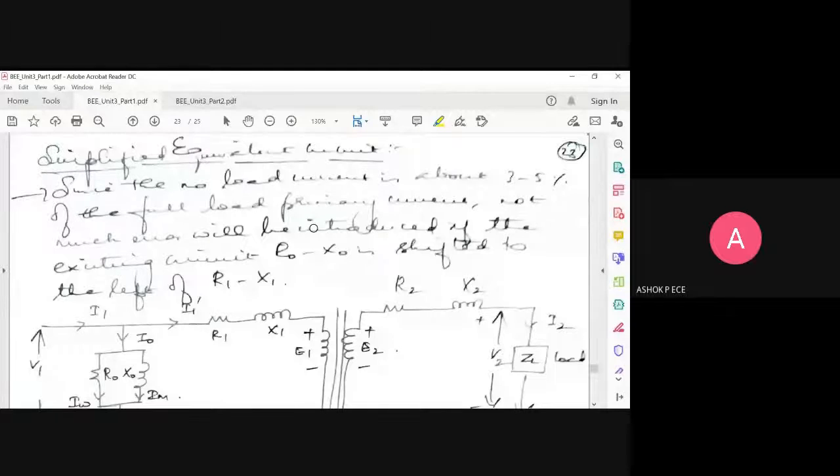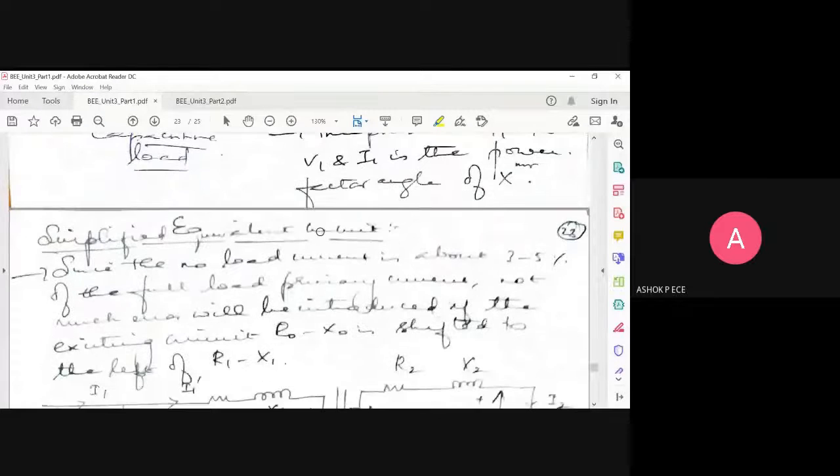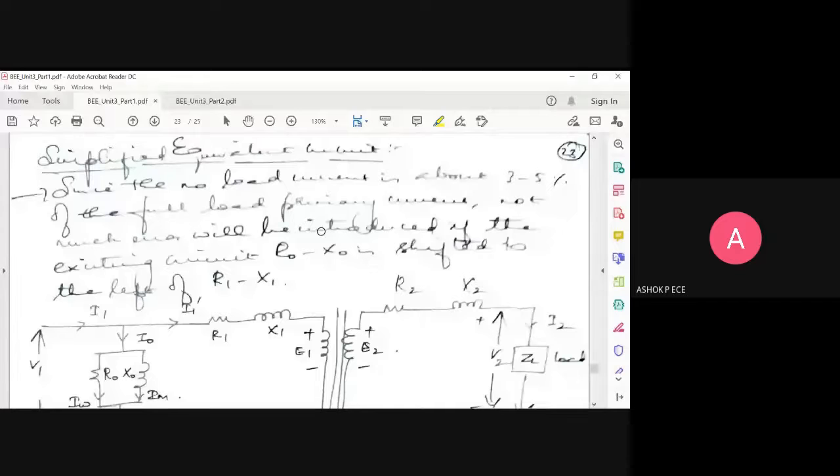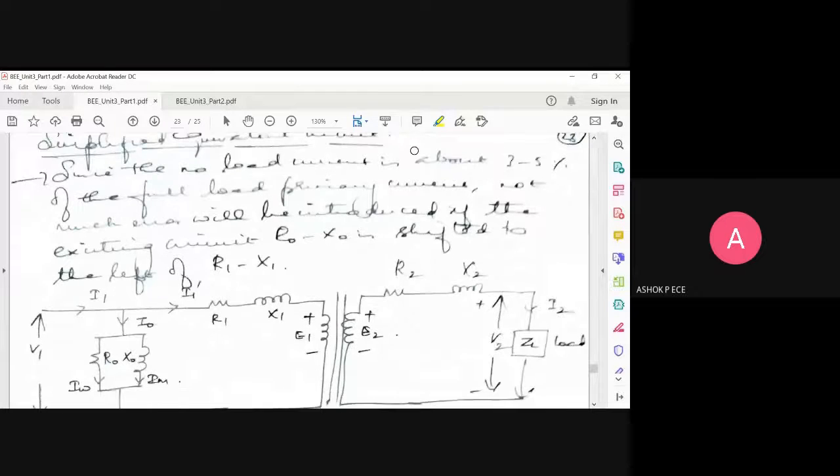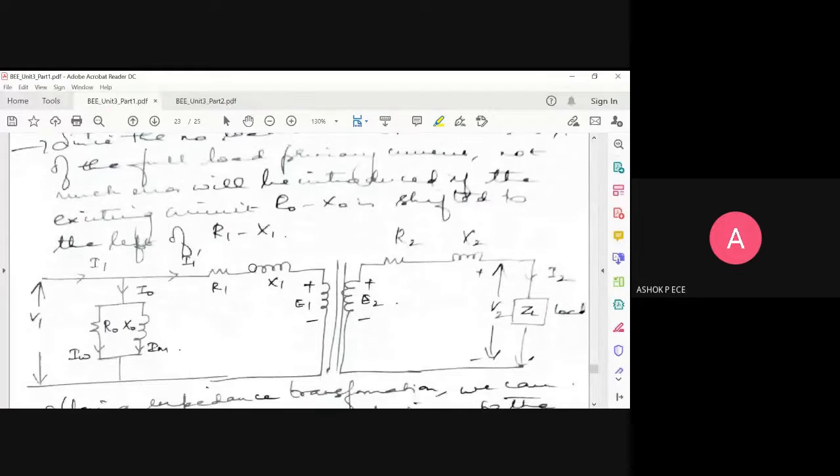Okay. Now see the diagram, the equivalent circuit is very big, so I cannot use it every time when I'm going to apply KVL or KCL, right? So for that, I'm going to derive a simplified equivalent circuit, which will be easy for me to analyze. Okay. So see, primary we told we have two currents.